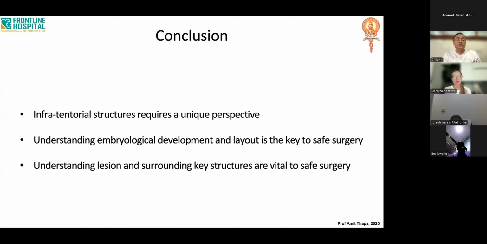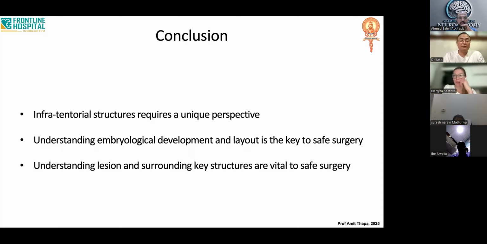So to conclude, infratentorial structures require a unique perspective because of their unique properties, their location and the way they are laid out. And that's why understanding the embryological development and the layout is the key to safe surgery. And if we can understand the lesion and the surrounding key structures, we can keep the patient safe throughout the